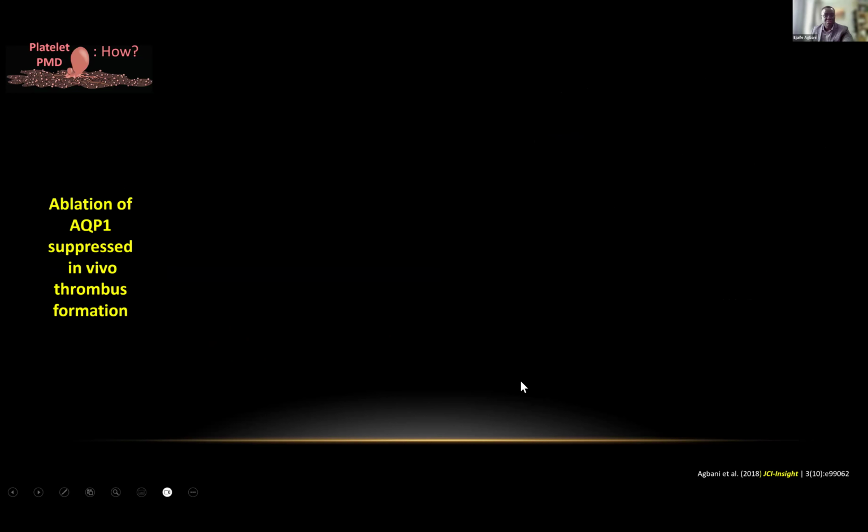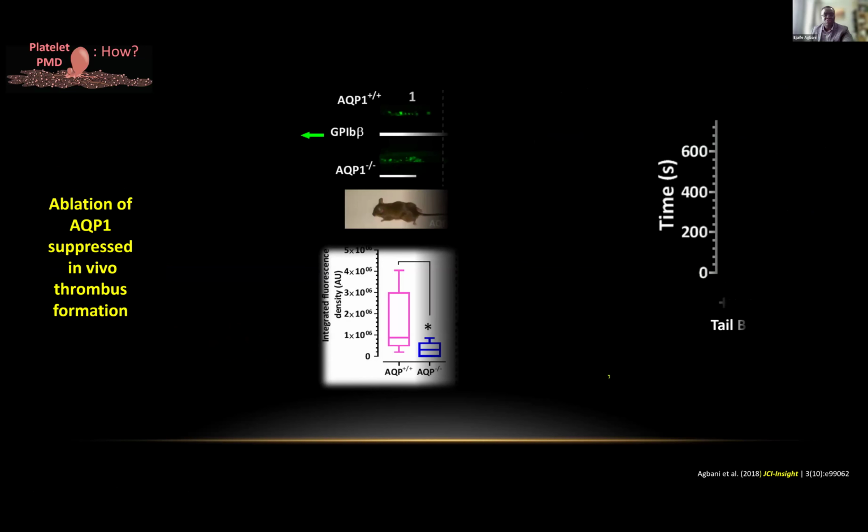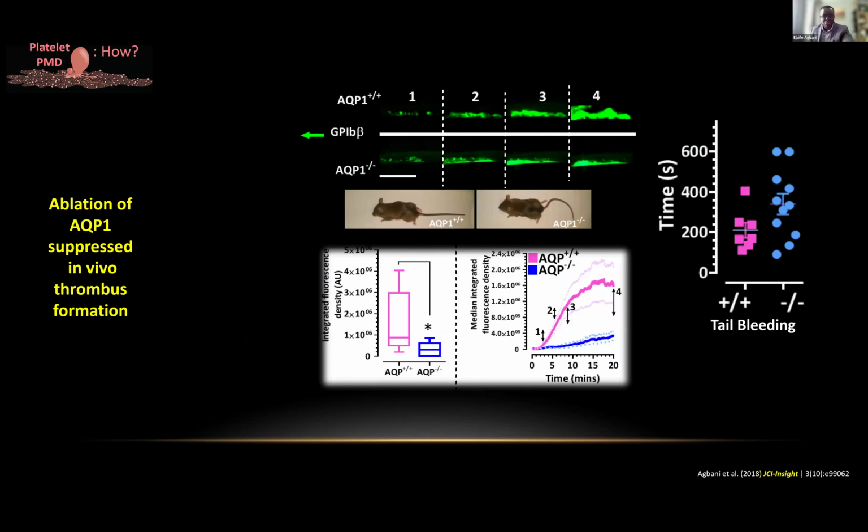Also using this model, we were able to demonstrate that knockout of alpha-41 will lead to suppression of thrombosis in our in vivo model of thrombosis. So here you're looking at platelet levels. This is the wild type. I can just draw your attention to frame 4 here. You see the thrombus that is built up here and that has been significantly attenuated in the knockout.